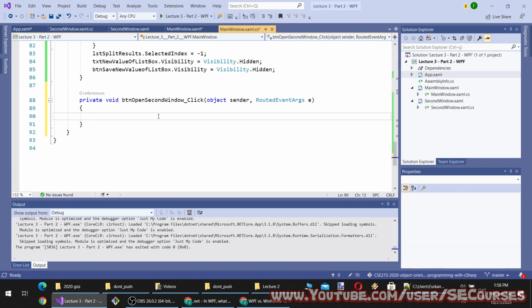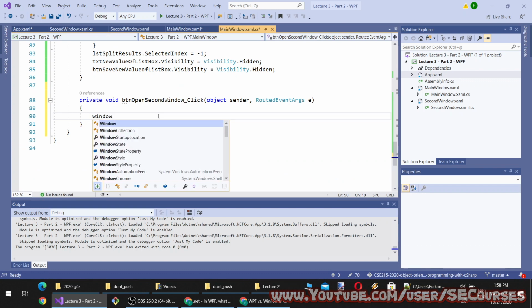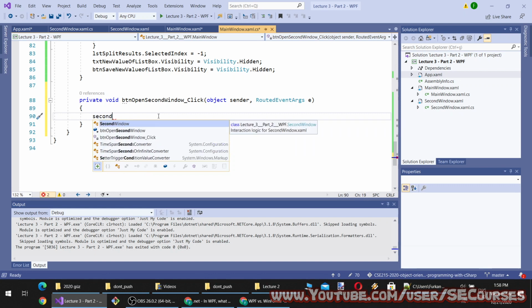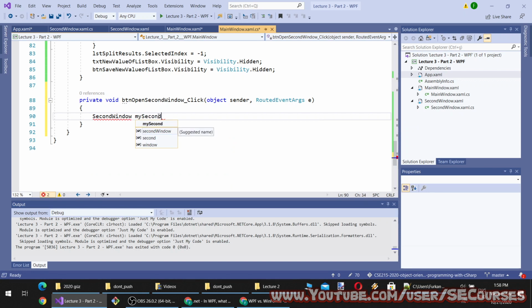How is it going to do that? First, I need to compose an instance of second window object, equal to.